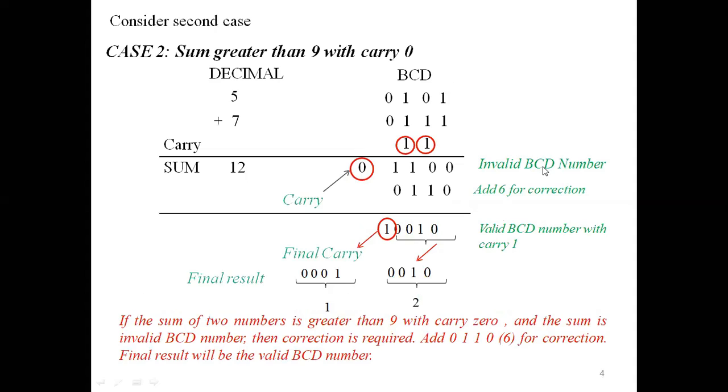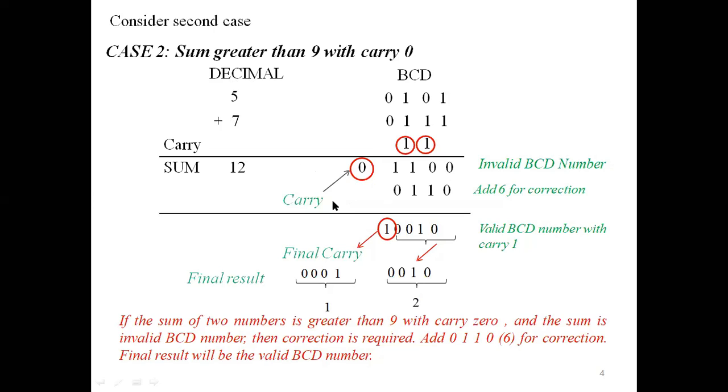And next one, see, 5, 7. So 5, 7 addition చేస్తే ఏమొస్తుందండి? 12. So 5, 7 addition చేస్తే the value will be 12. But in BCD addition, the value must and should be less than or equal to 9. But the value here we got is 12. So this is an invalid BCD. 1100 is an invalid BCD for 12.